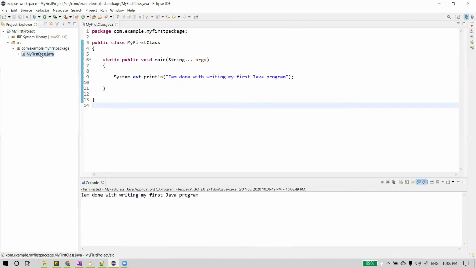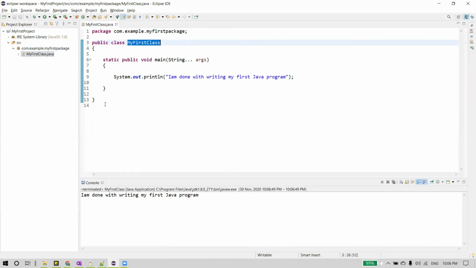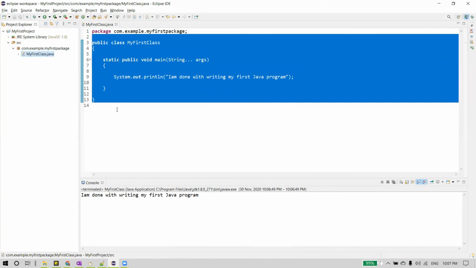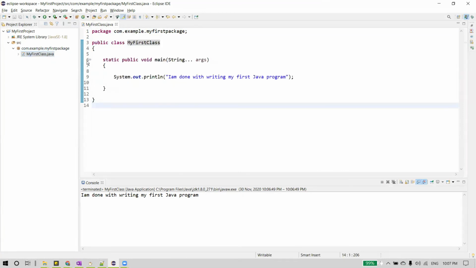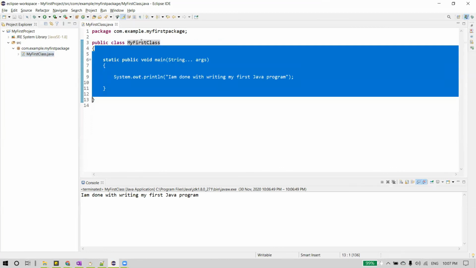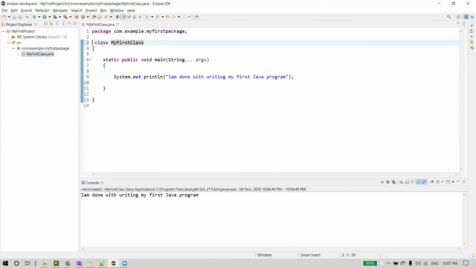And one more thing: you can see here the file name, MyFirstClass. So you can see the class name and the code which is present in the file. The file name is filename.java. So any Java file has the extension .java. And if you are declaring the class as public, then your file name and your class name should be the same, or else it's not mandatory to have the same name. So let's see that. I can also write it something like this, MyFirstClass123. See, this is a valid one.